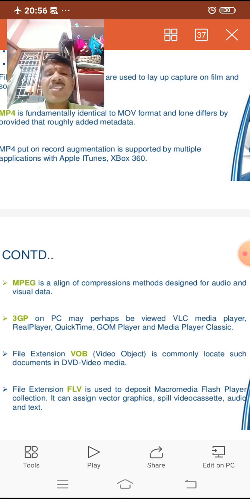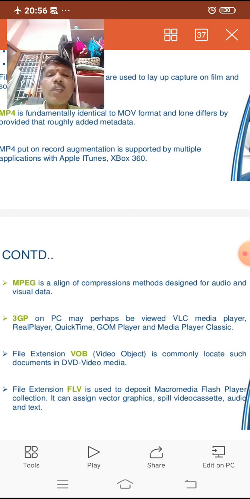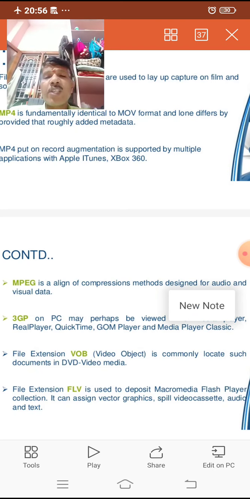The file extension VOB means video object, and such files are commonly located on DVD video media. The file extension FLV is used to store Macromedia Flash Player content. It can assign vector graphics, video assets, audio and text.